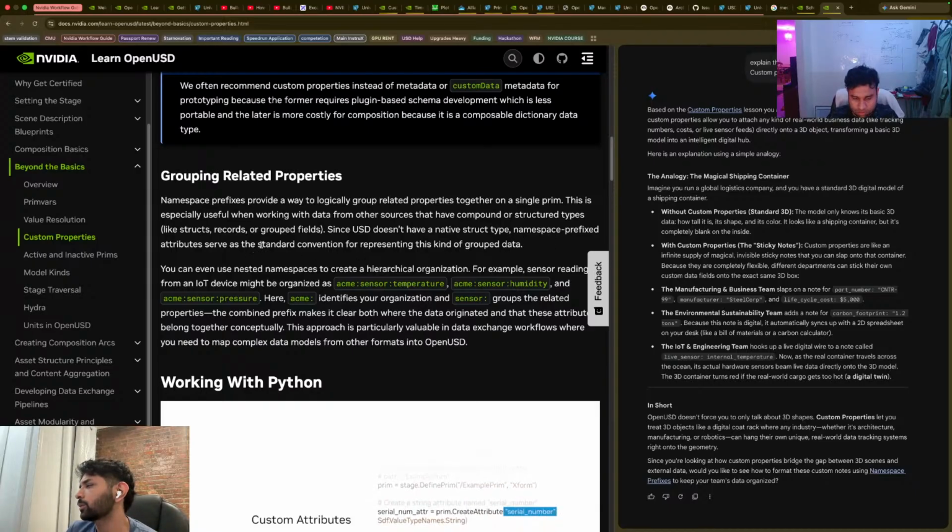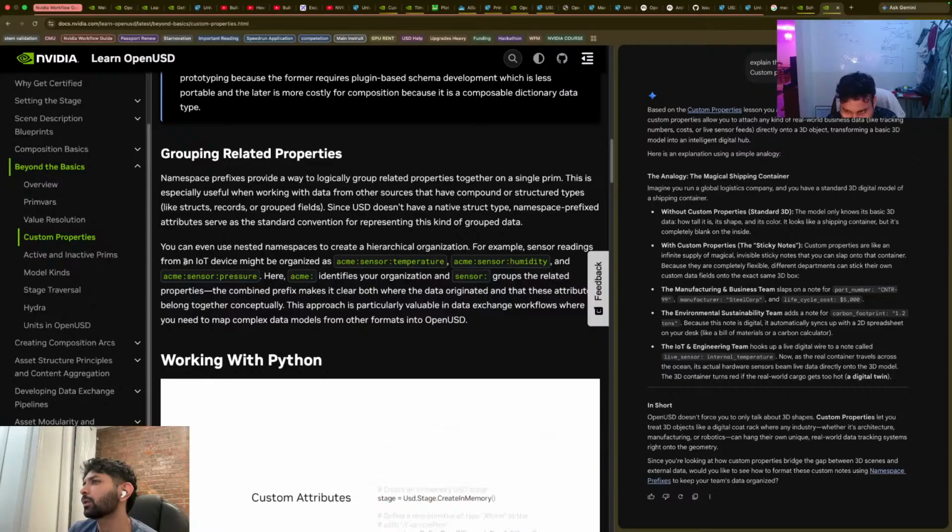namespace prefix attributes serve as the standard convention for representing this kind of grouped data. You can even use nested namespaces to create a hierarchical organization. For example, sensor readings from an IoT device might be organized as acme:sensor:temperature, acme:sensor:humidity, and acme:sensor:pressure here. ACME identifies their organization and sensor groups the related properties. The combined prefix makes it clear both where the data originated and